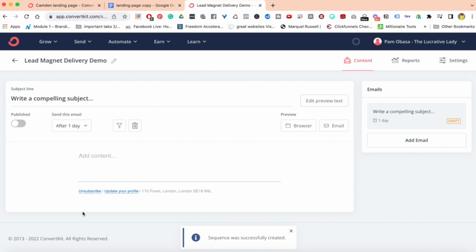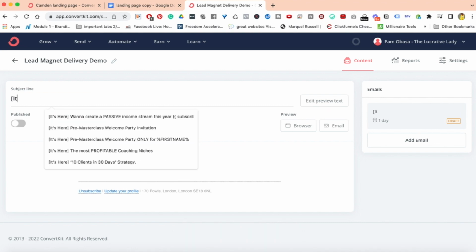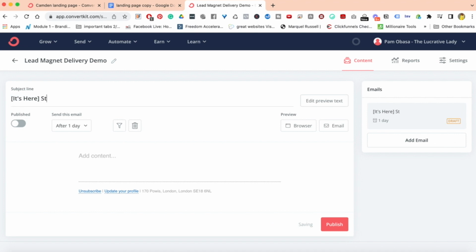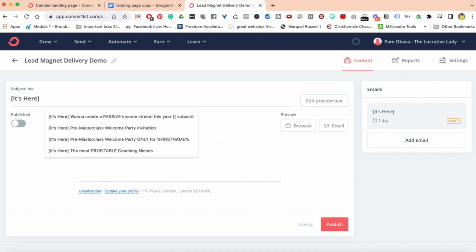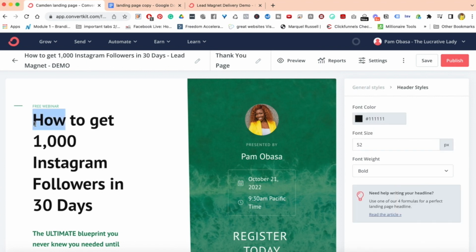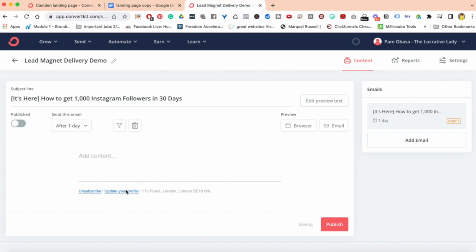Once you've done that, you now have this blank template to work from. The first thing you want to do is to add your headline. So I tend to begin with, it's here. What was my lead magnet called again? Here it is. Copy and paste. There we are. And then over here, I would add my content